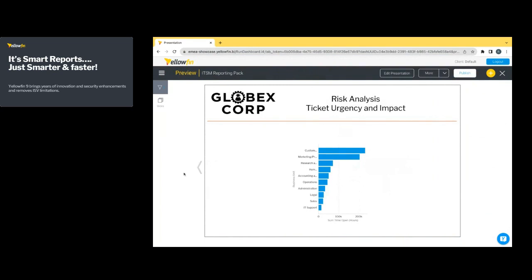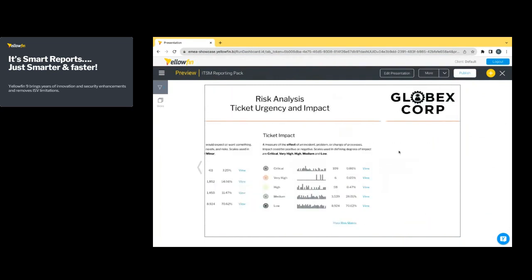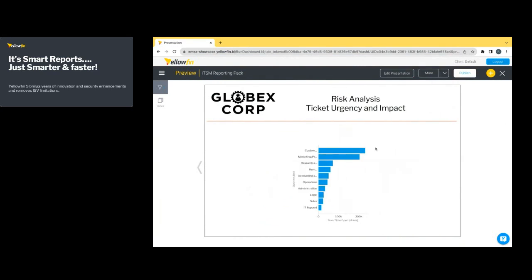See that we haven't changed the title yet. We can see that we're stepping through the slides. This is how it looks. We just added one on the end. All of this content is live in there. So what we can do is we can take it and we can